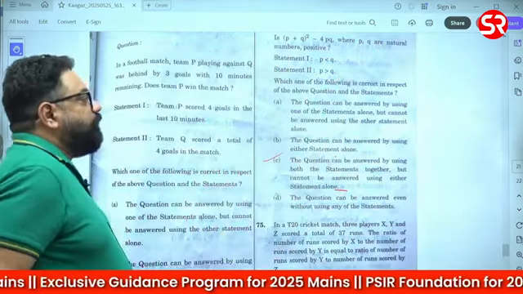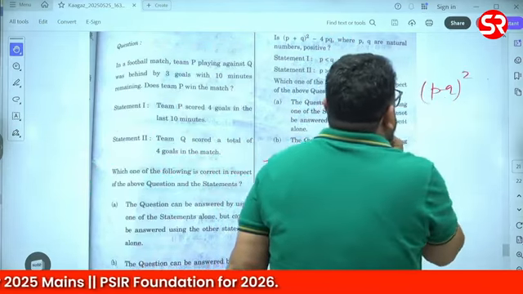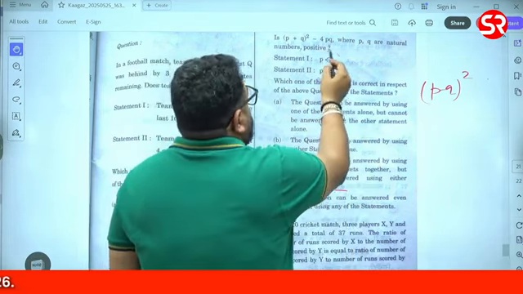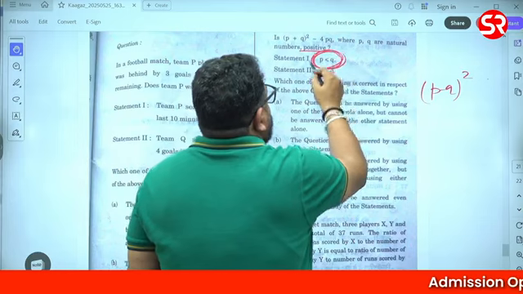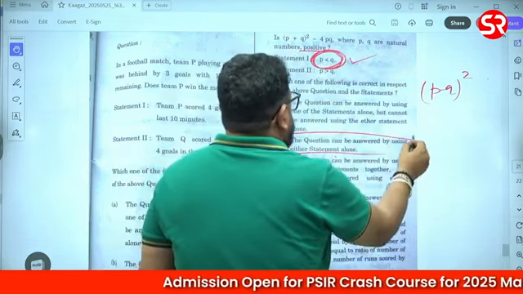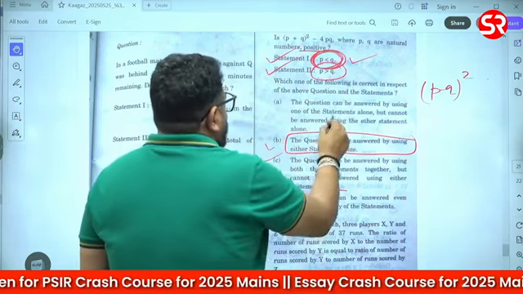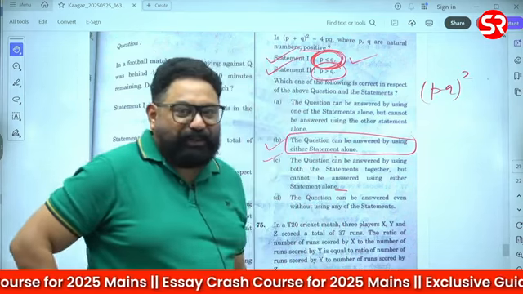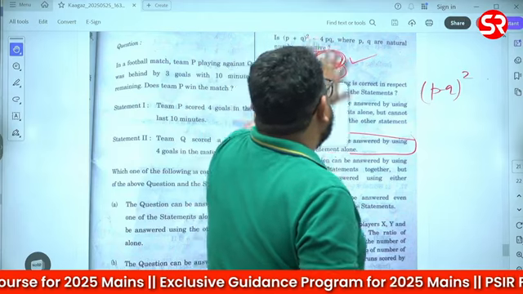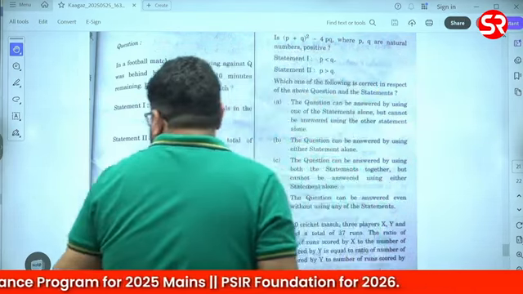Both the statements are required because it comes out to (p − q) whole square. If he says, is it positive? Look, p is less than q, it is positive, true. Statement 1 is giving you the answer, it is positive, so A or B: the question can be answered using either of the statements. Can you imagine how beautifully they have framed the questions? Statement 1 is giving you the answer and statement 2 is also giving you the answer. Next again,